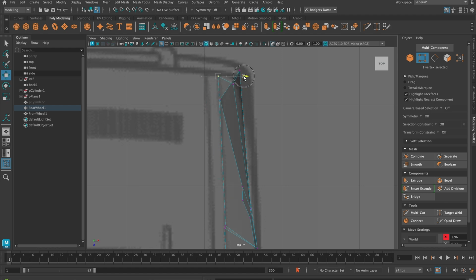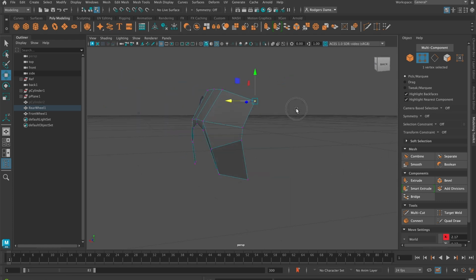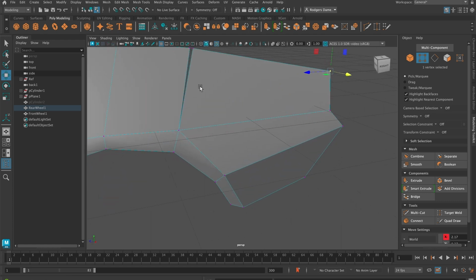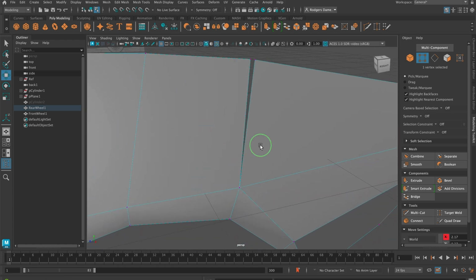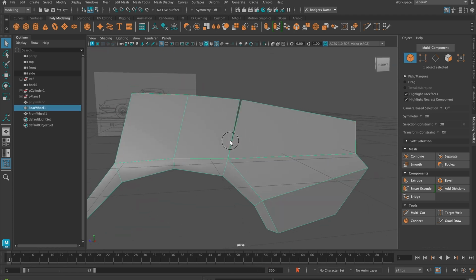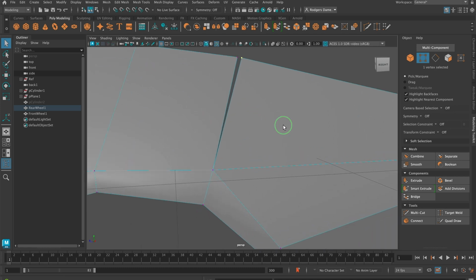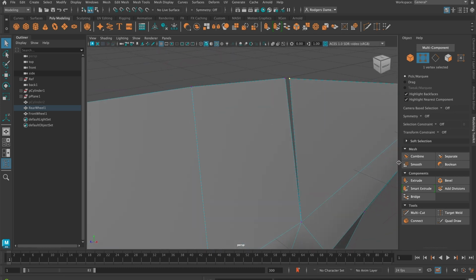This one kind of lines up right around there. And so the technique I want you to see is, we have this gap right here. Whenever you want to close a gap like that, in this mode right here, you right click, go to vertex. I select the vertex that I want to move, and then I press target weld, and then I'm going to drag it to the vertex I want to snap it to, and then they'll be merged